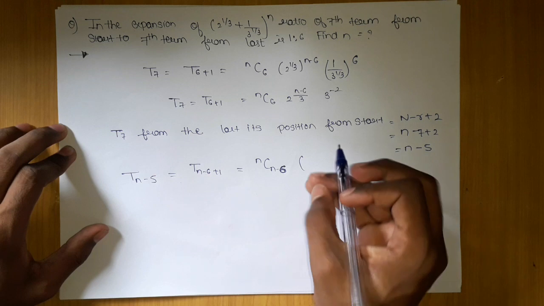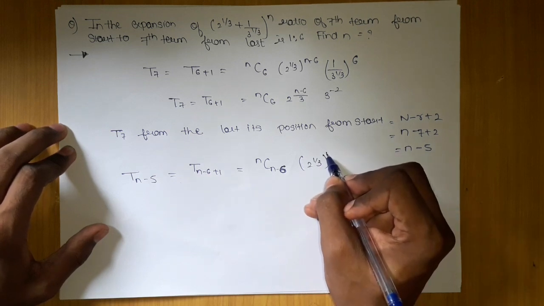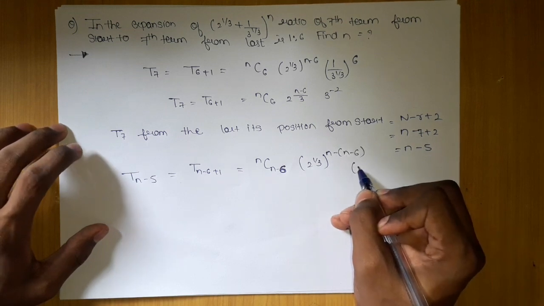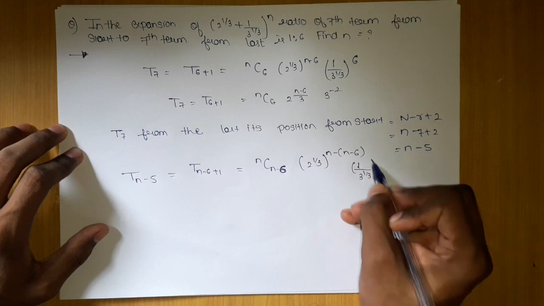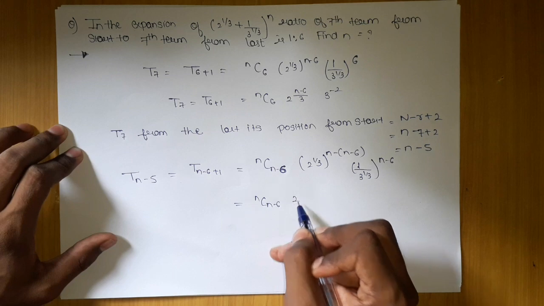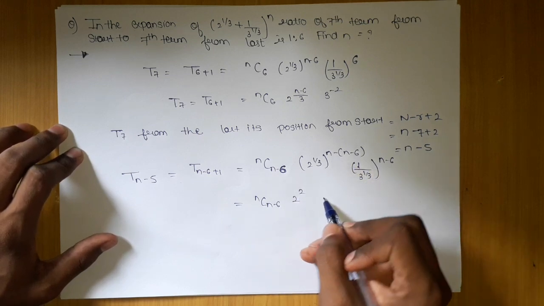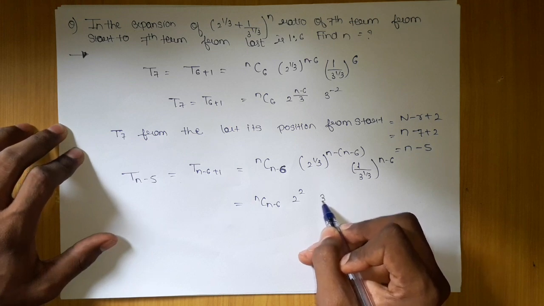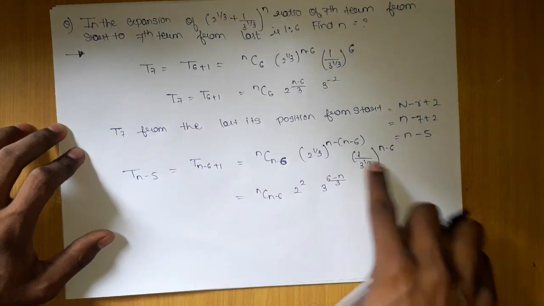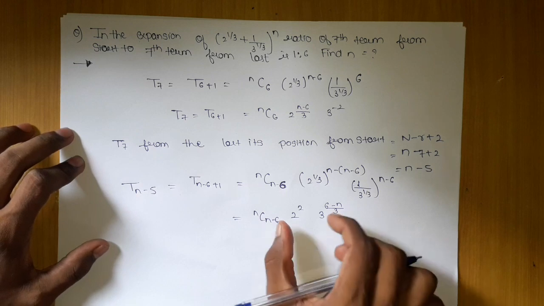Then you write it into (2^(1/3))^(n-6)... actually the powers swap, with (1/3^(1/3))^(n-6). The moment you do that, in nC(n-6) the 2 to the power part will be 2, and here 3 to the power (6-n)/3. Here it will move up, so minus 1 by 3 will be there and it will multiply with it. So here we got this.